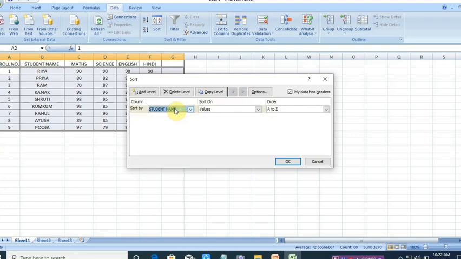A student name will come first, then B, then C, and so on. So now it is asking about the value. Value will be the same. We don't want to change it. If we change the value, the marks of the student will also change. So I want to change according to the student name only, and in which order we want, A to Z. Clear?